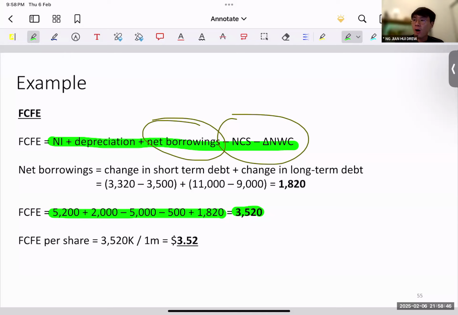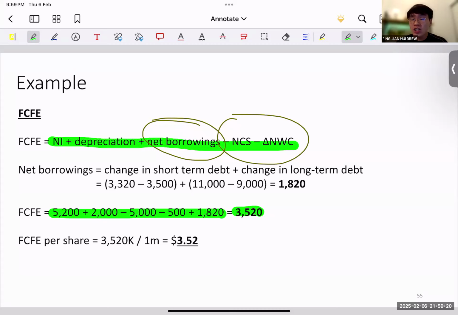Okay, so it's not part of operations in the sense that yes, cash might be used for operations, but sometimes the amount of cash that is being kept in the company is based on strategic reasons. It's about cash management rather than operations. When you think about operations, it's more about receivables, it's about payables. So the cash that you set aside in your company is more about the cash management policy.